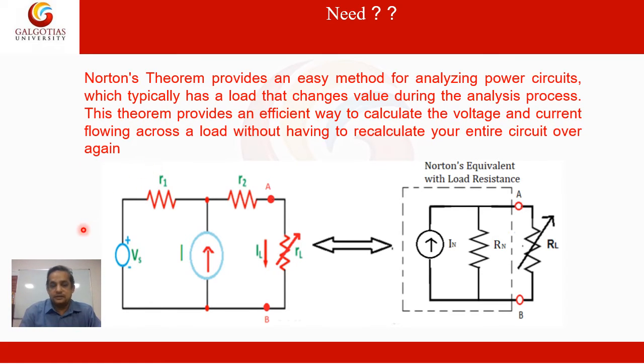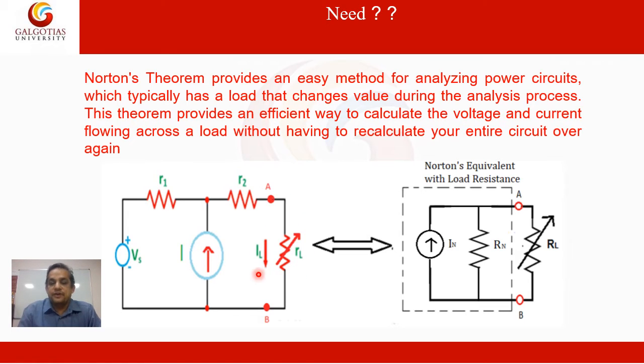Now we understand what I am saying. Here a circuit is given and they ask to calculate the load current in this resistance. This resistance here is called load resistance. You calculate the current flow in the load resistance. We can solve this from KVL, KCL, superposition. But here RL is variable.